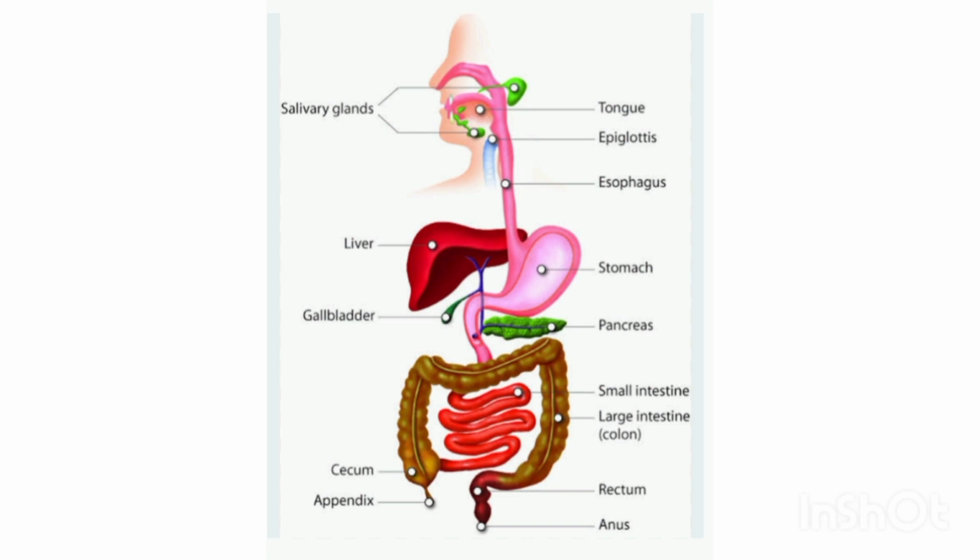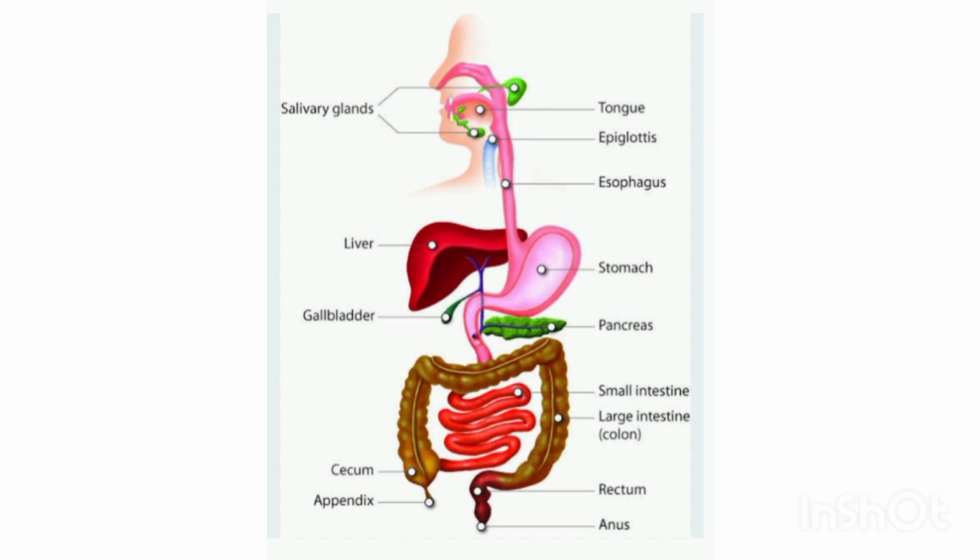Then the liver. It is known as the largest gland of the body which secretes bile juice. And the function of liver, bile juice produced by liver acts on large fat molecules to form smaller globules, increasing the efficiency of enzyme action, that is emulsification. And the gallbladder stores bile juices for further use. Then pancreas. It is connected to the small intestine through its main duct called pancreatic duct. Then it secretes pancreatic juice which contains enzymes like amylase, trypsin and lipase.